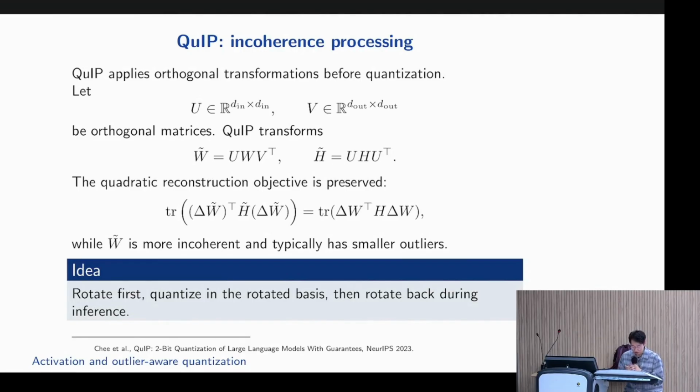So there was a theoretical work that approached this from a signal processing perspective called incoherence processing. Last year we went into all the details and proved theorems, but this year Professor ChatGPT told me to erase all the theorems and talk more about new stuff. So I followed his advice, his or her advice. Okay, so